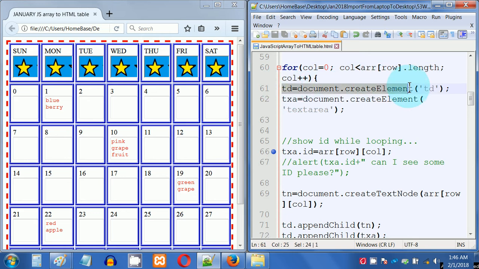First statement inside of this inner for loop is td equals document.createElement('td'); and then the next statement is txa equals document.createElement('textarea'); Now here I've got a comment that says show ID while looping, followed by the statement txa.id equals ARR[row][col];